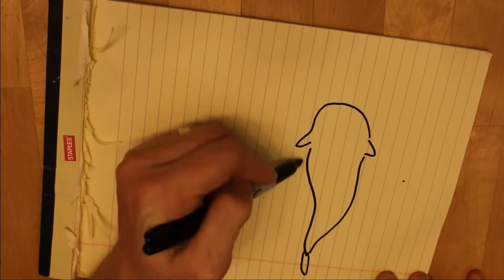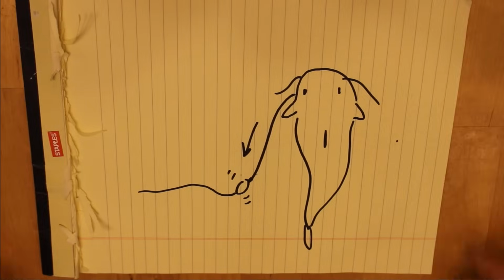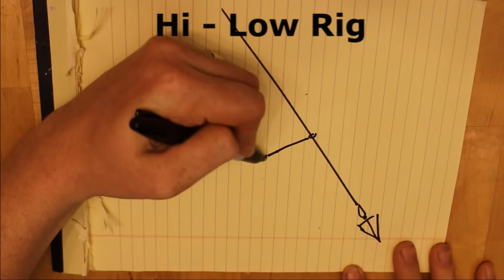I like to fish with large leads with a fish finder rig because the lead acts as an anchor that helps pull the hook point into the fish's mouth as it swims away with your bait, and this improves your hookup ratio. The high-low rig is also called a pickerel rig, or it has a lot of different names, but